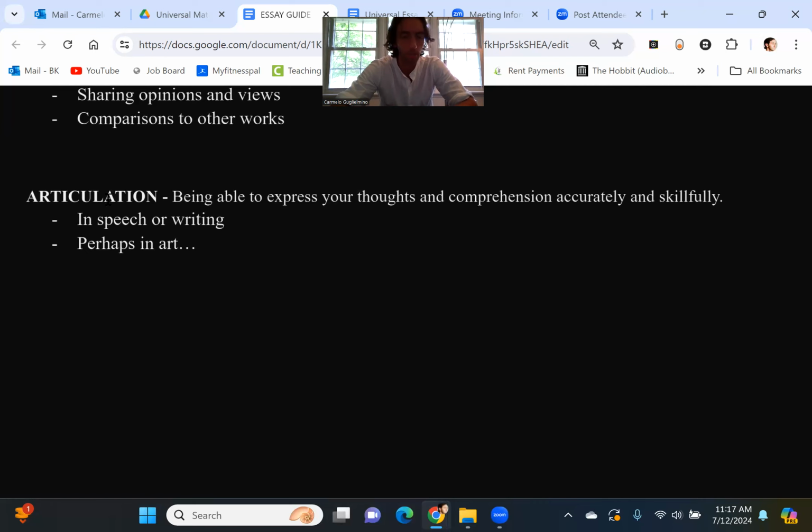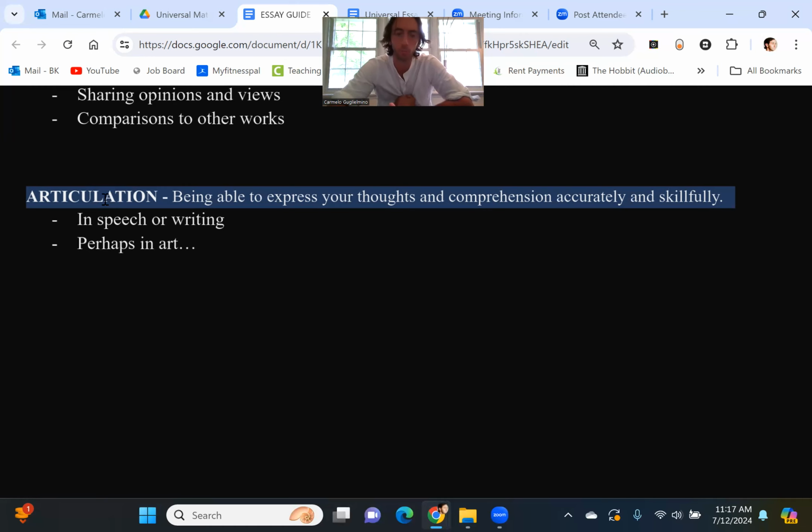Now, to speed along and jump to the end here, our final skill is the ability and the process of articulation. Articulation can take many different forms. The traditional way to do that in the ancient world was to speak in some way and to give an actual phonetically concrete articulation to a concept that you have understood or to something that you need to communicate. I like to tell my students that we always think of it like, oh, I got to sit down and write an essay. Oh, I got to sit down and write this long speech about this poem that I don't care about, all this kind of stuff.